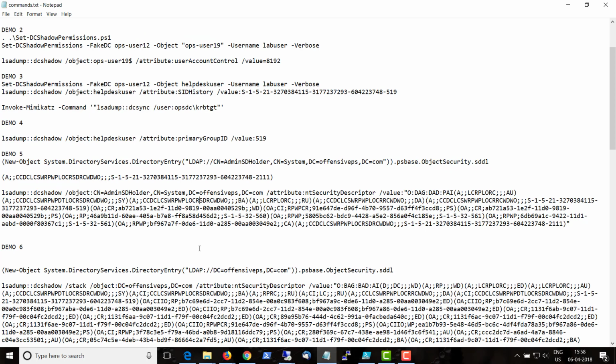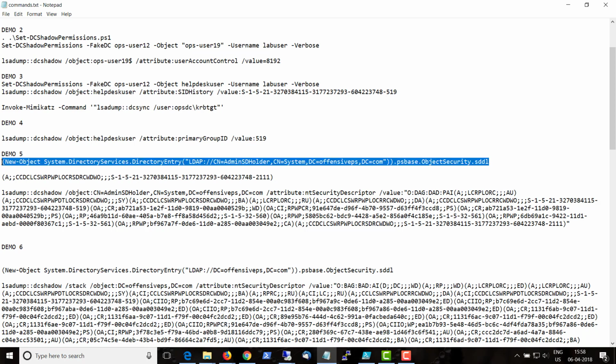Now the next one is, what if we would like to modify ACLs using DCShadow? ACLs are governed by the ntSecurityDescriptor attribute. So how can we modify ACLs, and how can we avoid disrupting the existing ACLs? We can do this way. We are going to modify AdminSDHolder. AdminSDHolder is